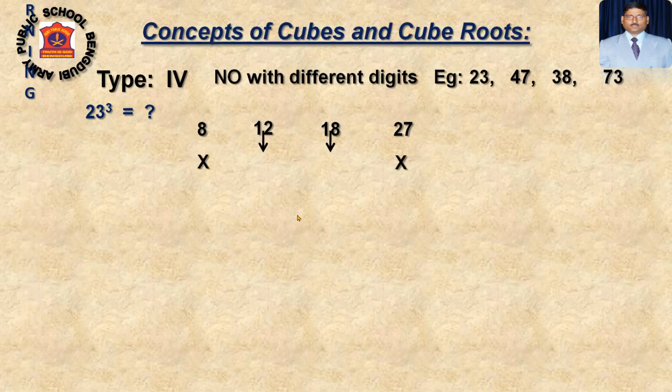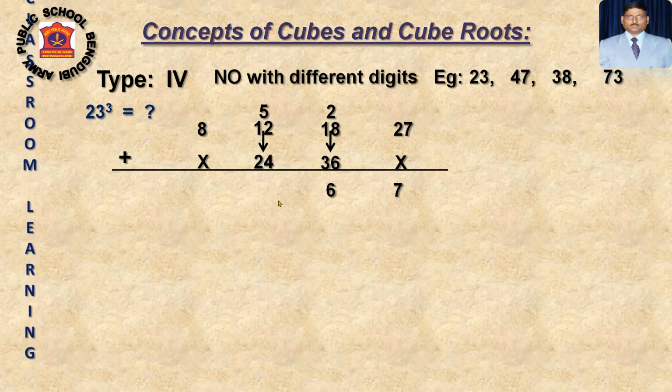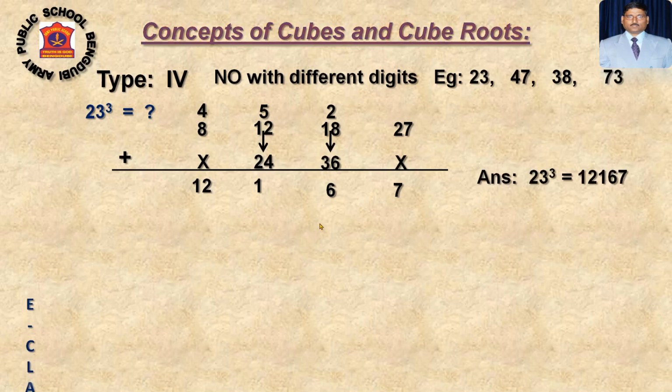This 2 digit, no action. Then make it double. It will be 24 and it will be 36. Now add. After adding, I am getting 27, only one digit answer. It should be one digit answer. 27. Now 2 will be carry forwarded. After adding, I am getting 20 and 36. 20 and 36 is 56. 6 will be here. 5 will be carry forwarded. Now this one, if we add, it will be 41. 1 will be here. 4 will be carry forwarded. Now 4 plus 8 is 12. So 23 cube will be 12167. Have you understood? Any problem?